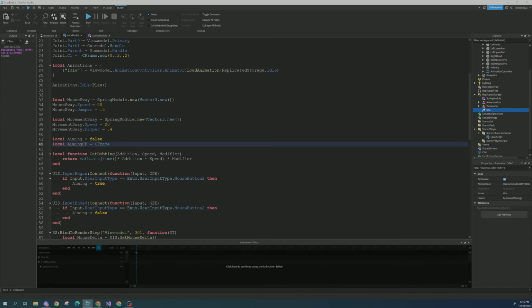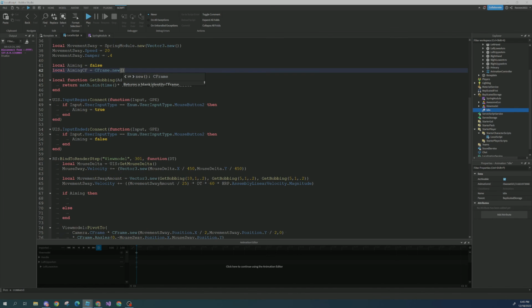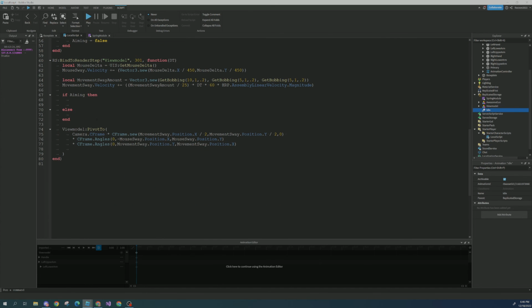And we're gonna set this to like nothing because we don't want anything to be offset when we're not aiming, right? We're gonna set this C-frame offset, so aimingCF is equal to, let's do aimCF lerp and then aimCF to the